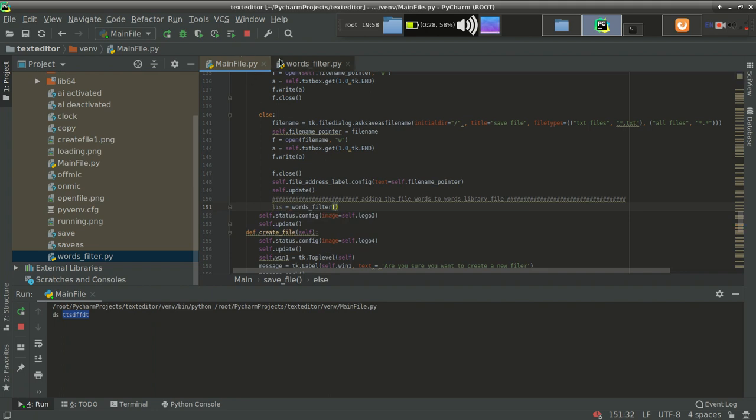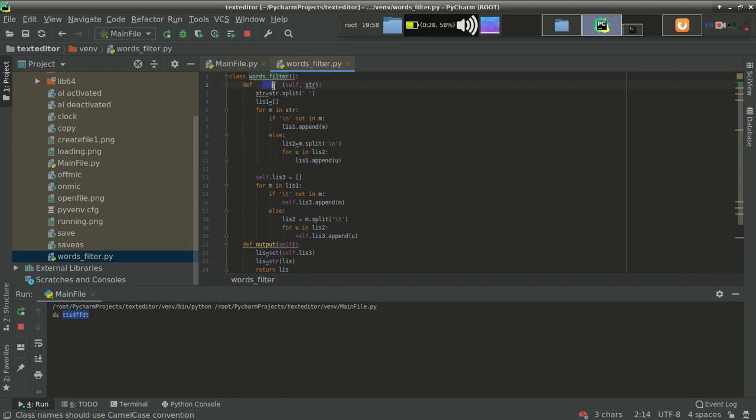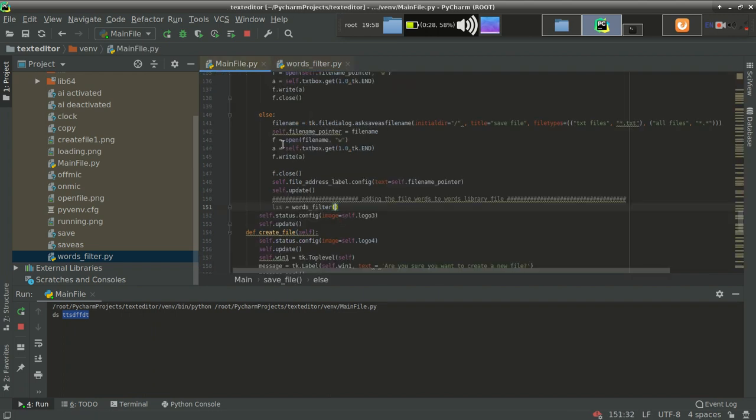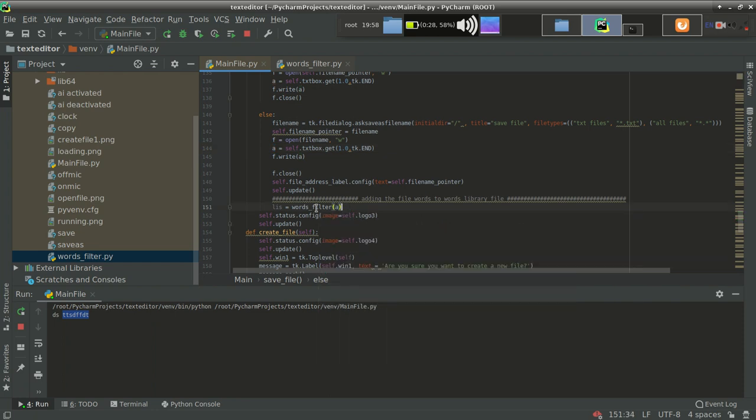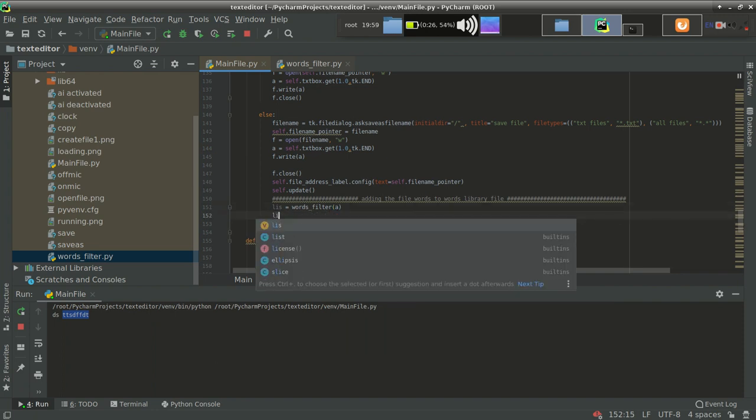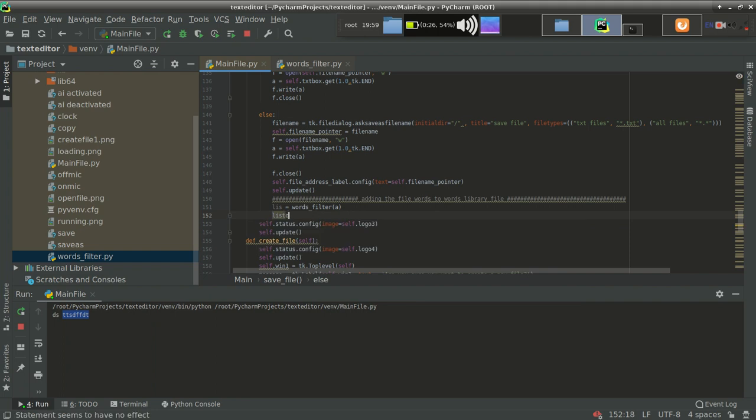Since its constructor requires an argument of a string type, just pass this a, because this a contains the whole text of the file, and that content should be filtered using word filter. So just pass this a to this object. So list equal to word filter a.